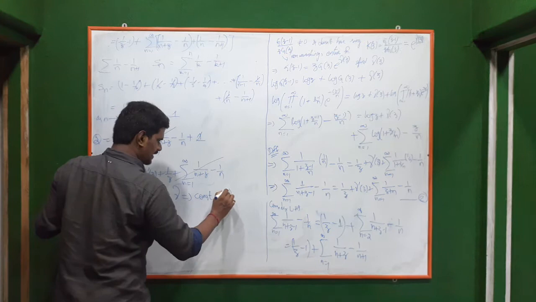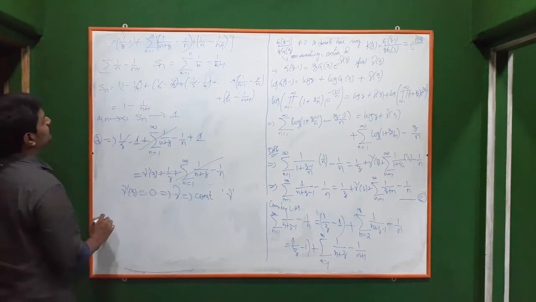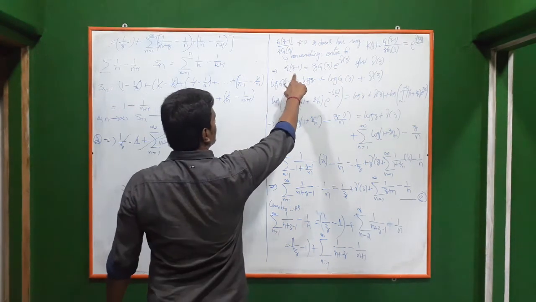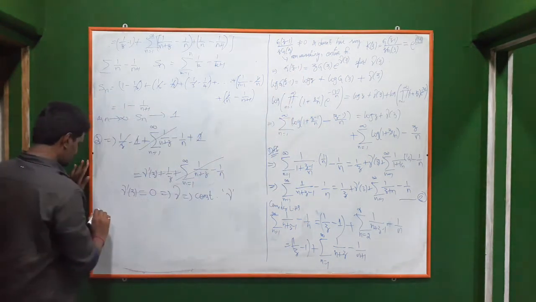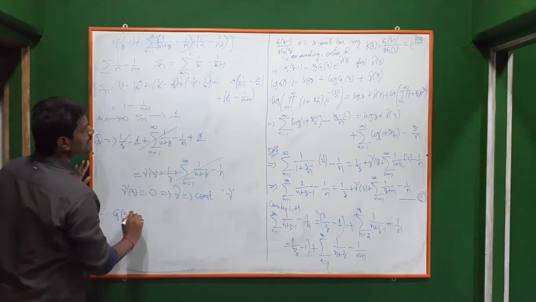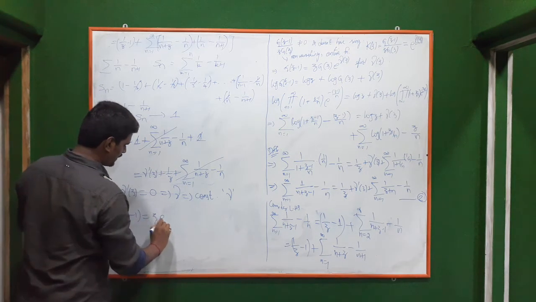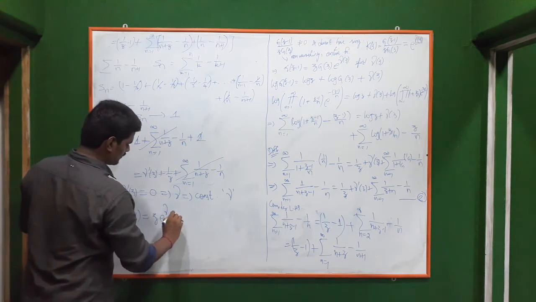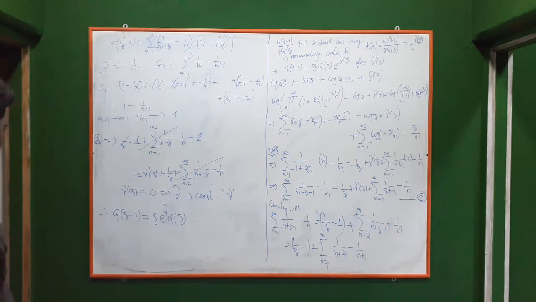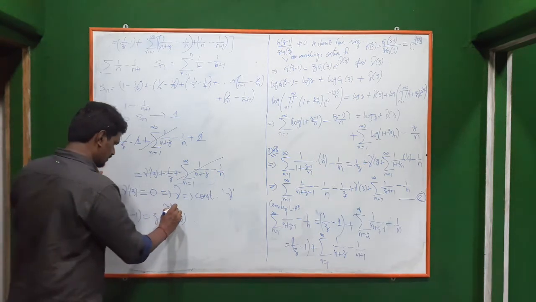Okay, I'll keep that gamma as it is. Gamma itself, constant. So we have got that g of z minus 1 is equal to, therefore, g of z minus 1 is equal to z into e power gamma g of z. Clear? This gamma is constant now. Okay, this gamma is constant.